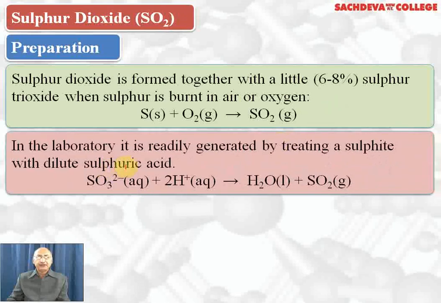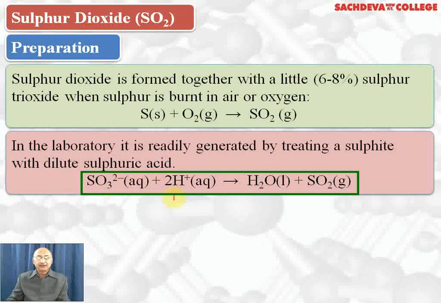In the laboratory, if we want to prepare sulfur dioxide, we can take a suitable salt of sulfite ion, sodium sulfite, which will be reacted with dilute sulfuric acid. We will get sulfur dioxide, and salt and water will be formed. So the sulfite ion from the salt will react with the H ion from dilute sulfuric acid, forming water